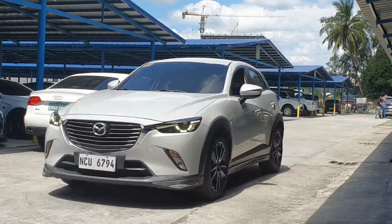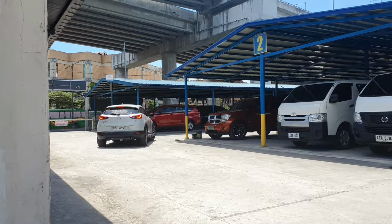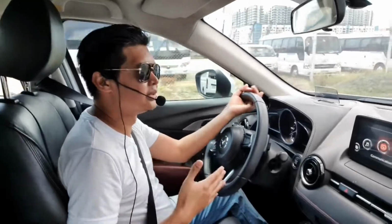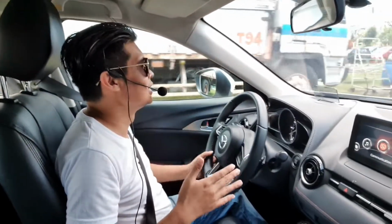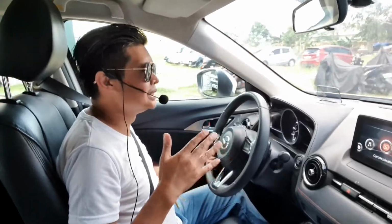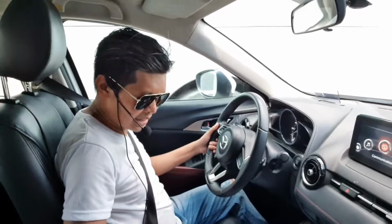Now this car is fitted with the 2-liter inline-4 SkyActiv gas engine with higher engine output of 146 horsepower, 146 pound-feet of torque, but then at the same time it's very fuel efficient. The 2-liter engine is definitely powerful. It's mated to a 6-speed automatic transmission that is also very responsive, and you do have this